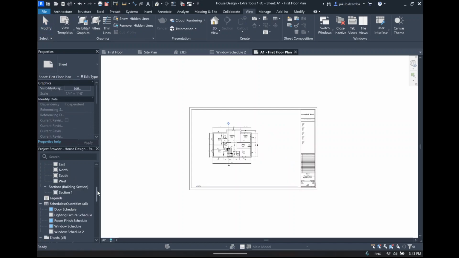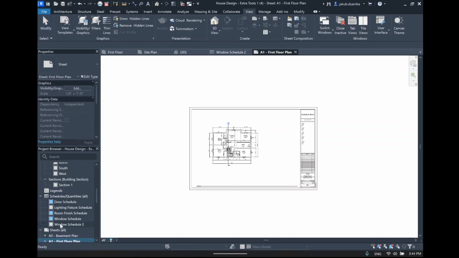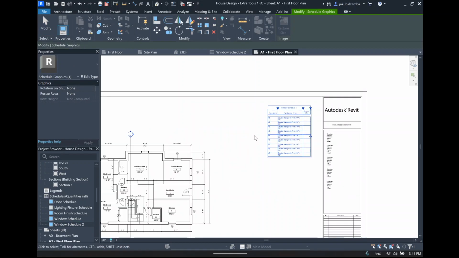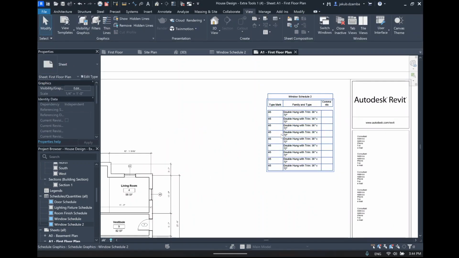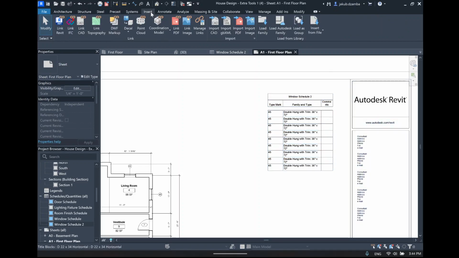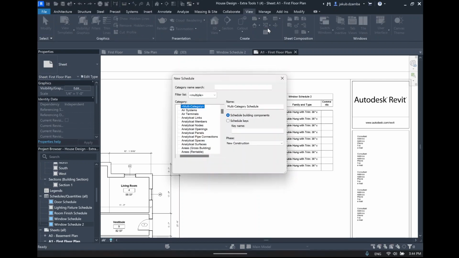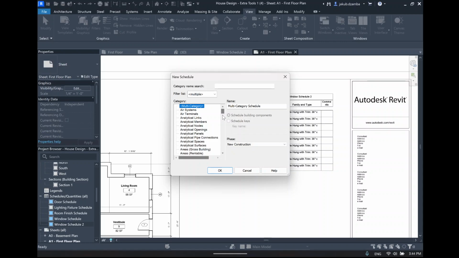And now if I wanted to, I could just take my window schedule. For some reason, it looks like there's already been some schedules made in here, but I believe ours is window schedule 2. And I can just pop it in there. There we go. So now I can make another one, view, schedule, doors,